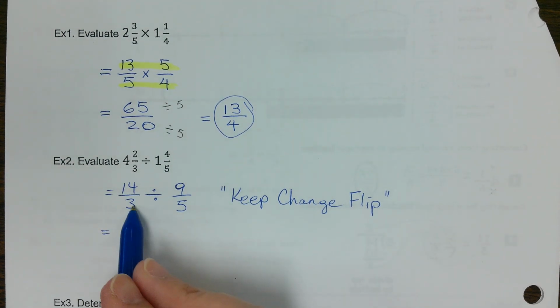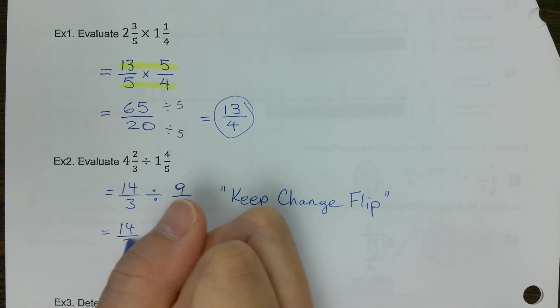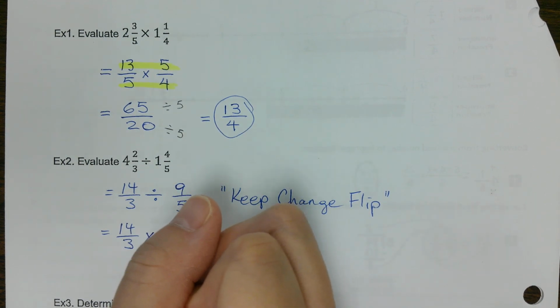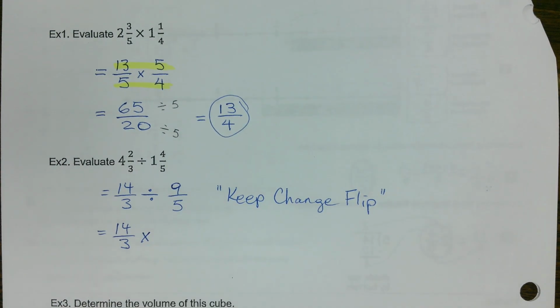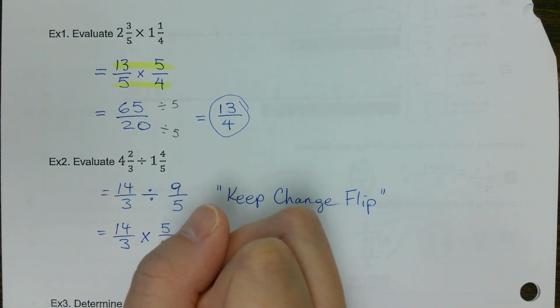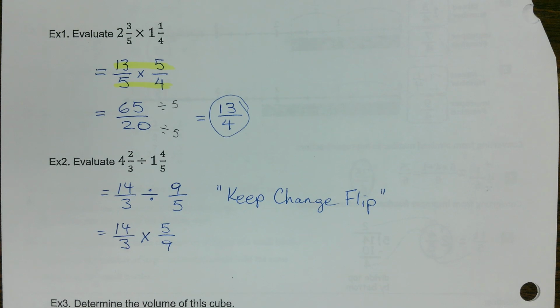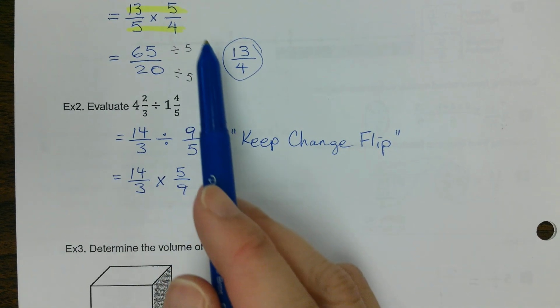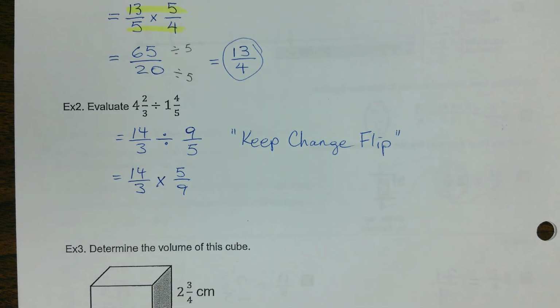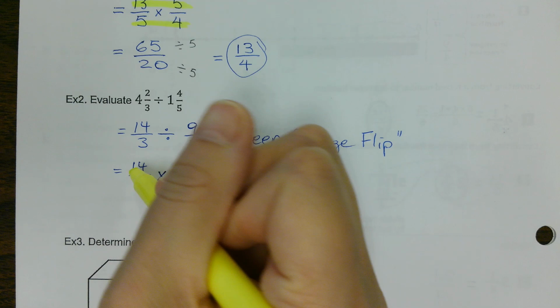So keep the first fraction, 14 over 3. Change the sign. So instead of dividing, I'm going to change it to times. And I'm going to flip the second fraction. So instead of 9 over 5, it's now 5 over 9. Okay. And now if you look at this, it's the exact same format as example 1. So I multiply across. 14 times 5 divided by 3 times 9. Oh no, my